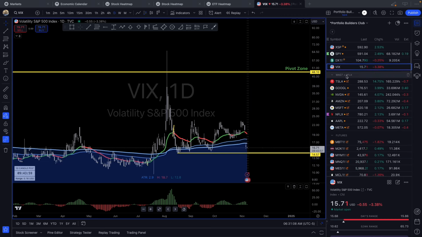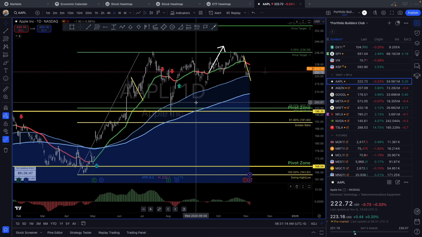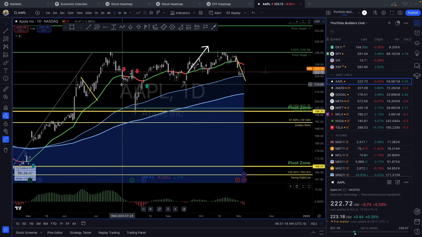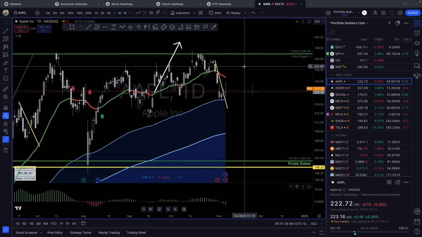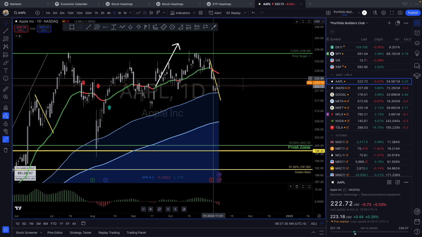All right, let's take a look at the Magnificent Seven. Let's just put this in order alphabetically here. All right, we'll start with Apple. As we look at Apple, it had that pullback to the 100-day moving average. It found support right there. It did break through this trend line. We drew this counter trend line. Of course, we're expecting price really to move up as it has been, but we drew this counter trend line